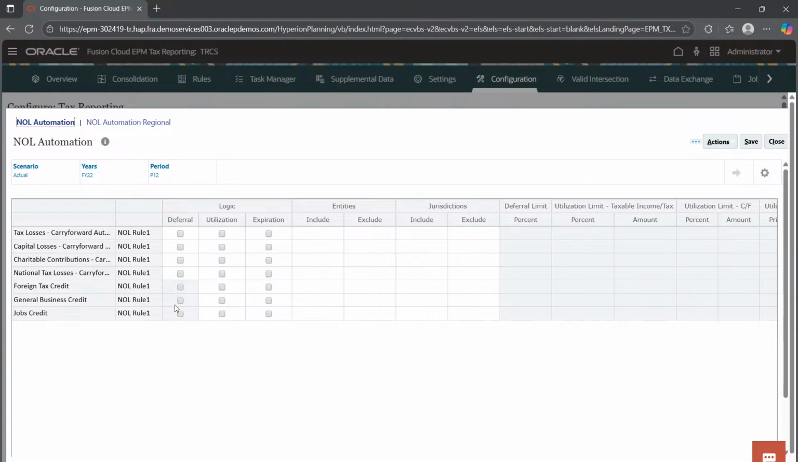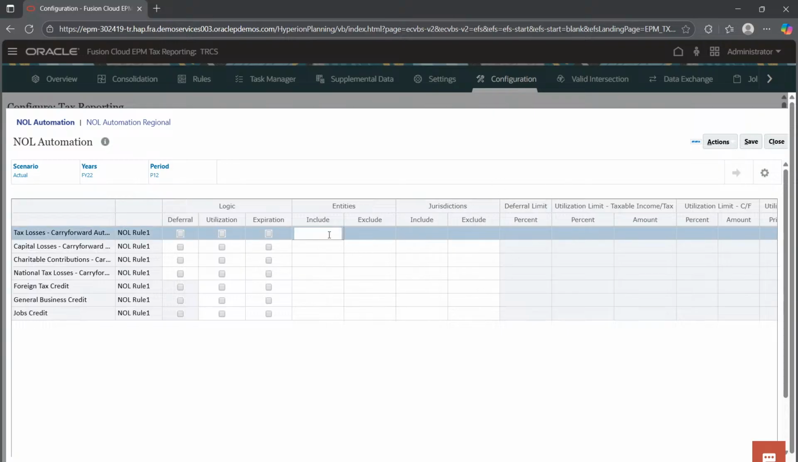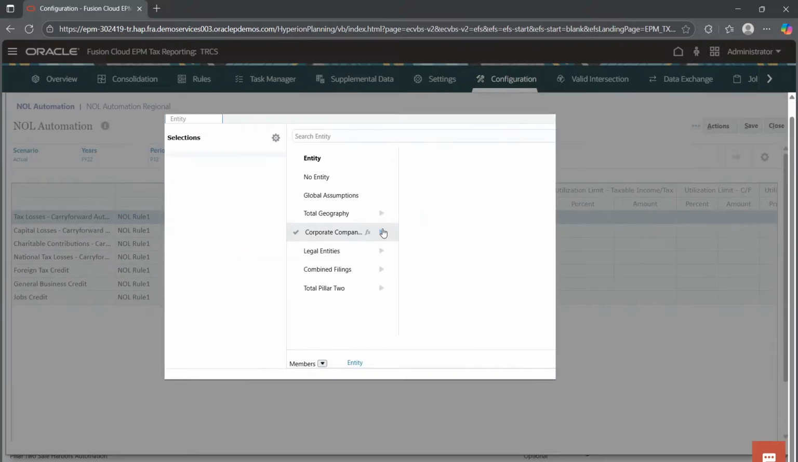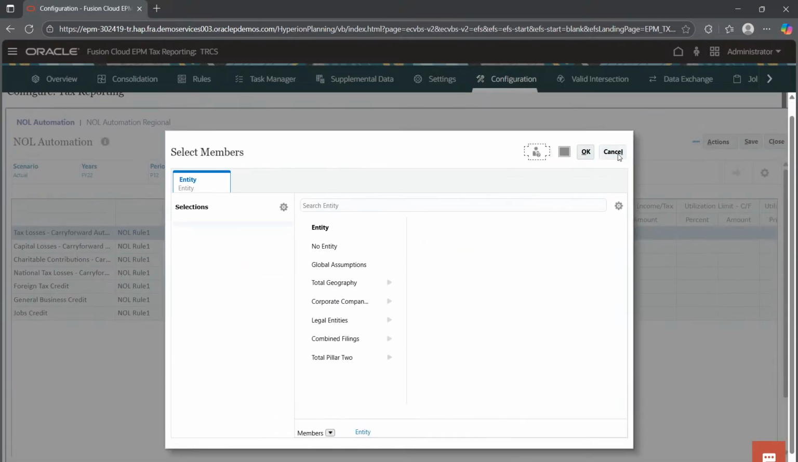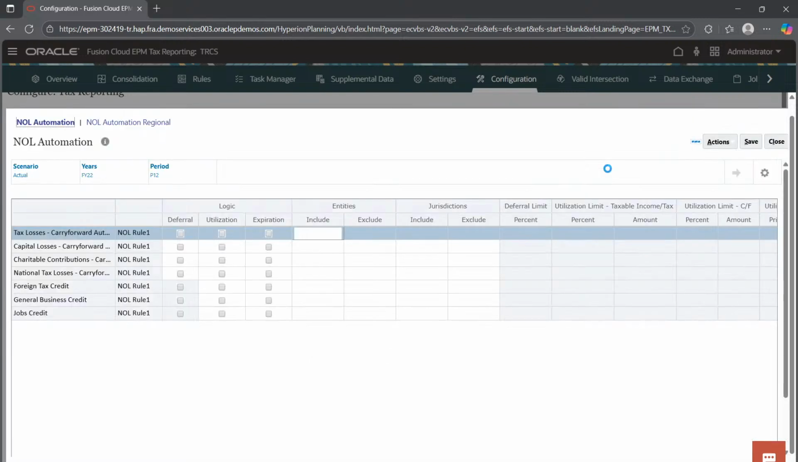Alright, the next one is our entities. So you can include or exclude certain legal entities or tax jurisdictions. For example, you include the US nationals, exclude foreign subsidiaries if the rule applies only to domestic, right? You can click here and see it will load a table itself. You don't have to type anything. Then we have